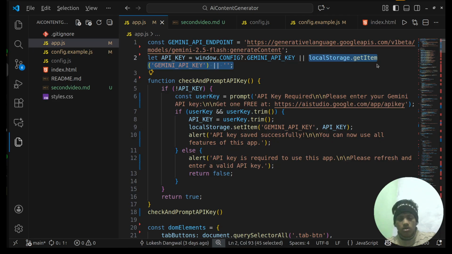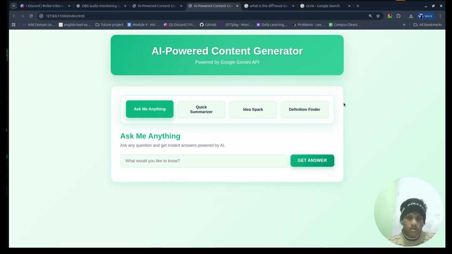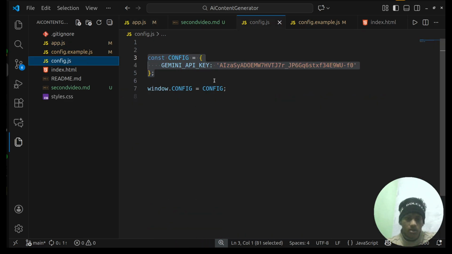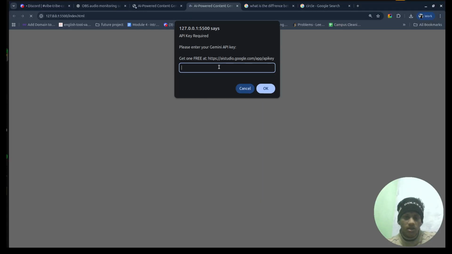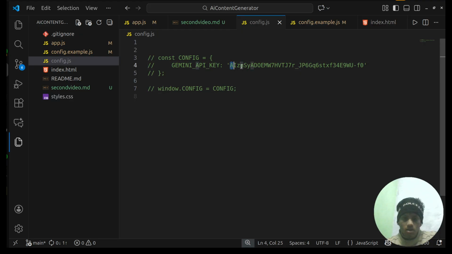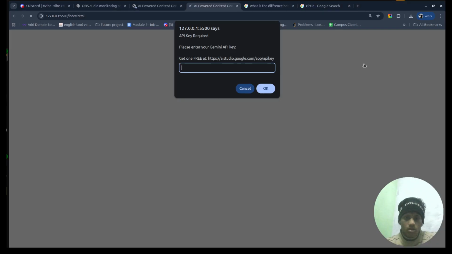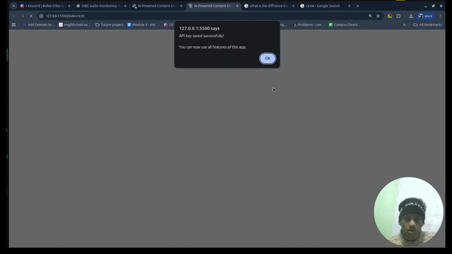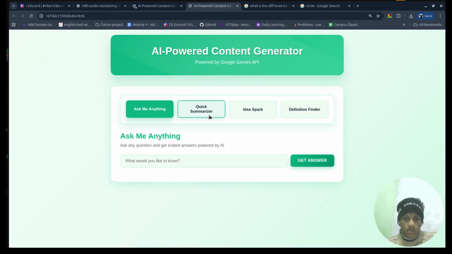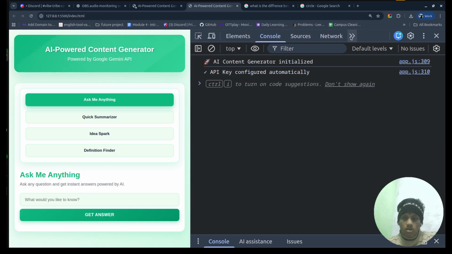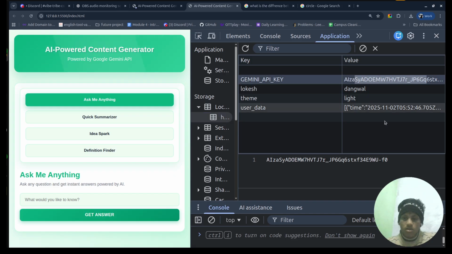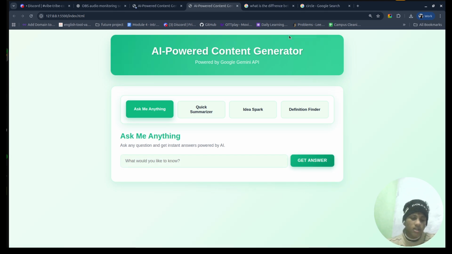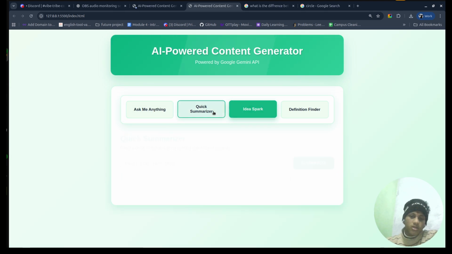If I show here, I will refresh. Now if I comment this out, it will ask for the API key, and I will copy this API key into the prompt like this, and click OK. It will be stored in my local host here, the Gemini API key, it will be stored here. And after refreshing and closing the tab, all of this will stay stored in the local host,